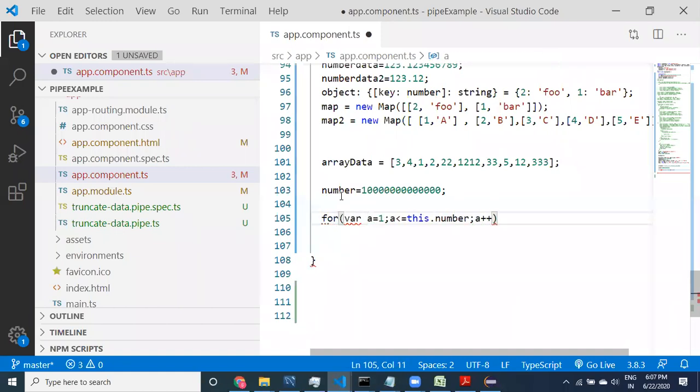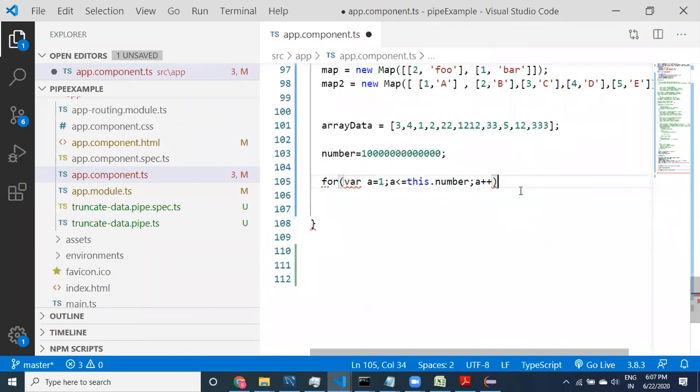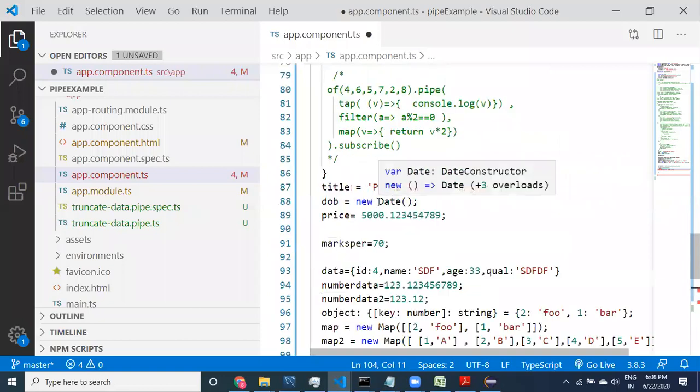a is already there, a plus plus. This is TypeScript, right? We are in a method only, right?